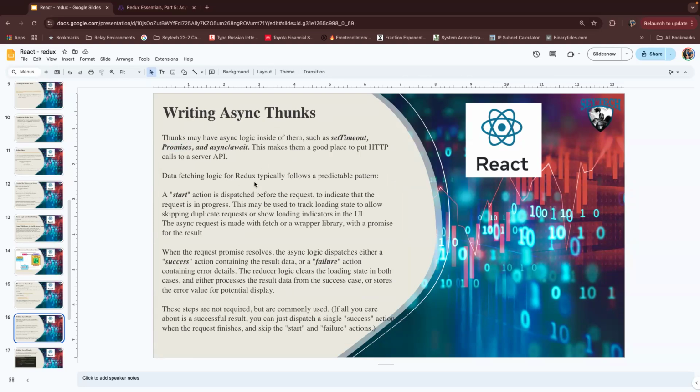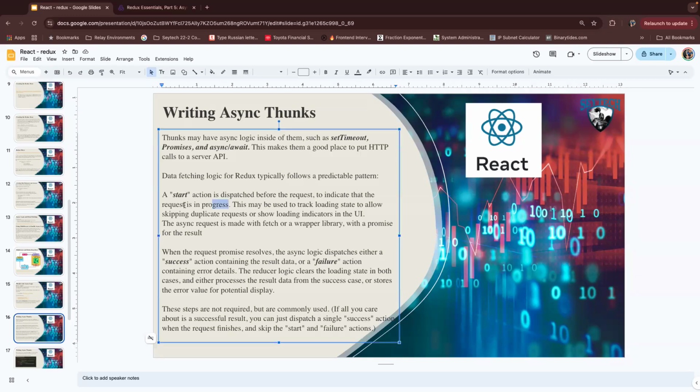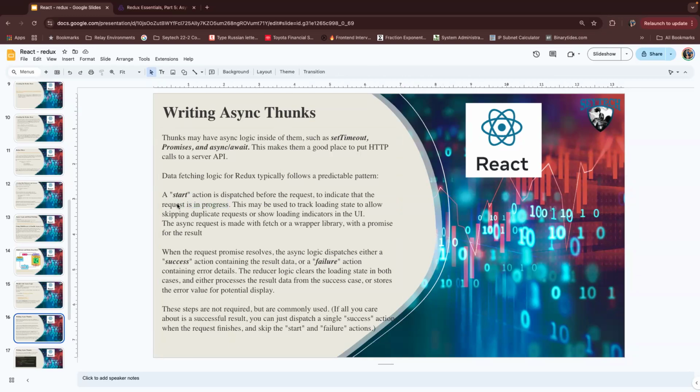Data fetching logic for Redux typically follows a predictable pattern. A start action is dispatched before the request. A start action is basically to indicate that the request is in progress. That's actually the pending state. This may be used to track loading state to allow skipping duplicate requests or show loading indicators in the UI. In this state, in the start action, we can show the loading spinner in the UI, telling the user